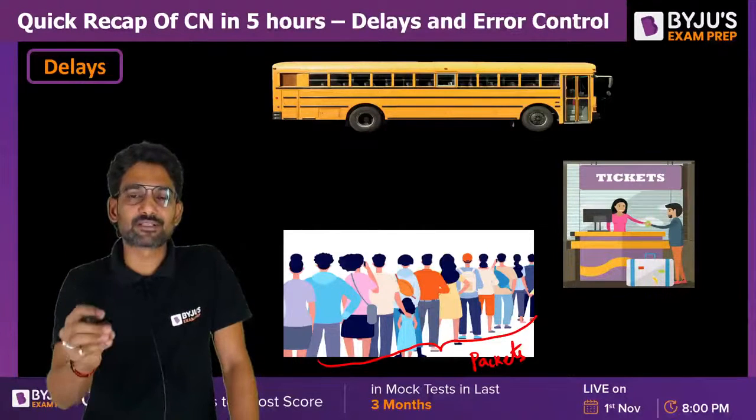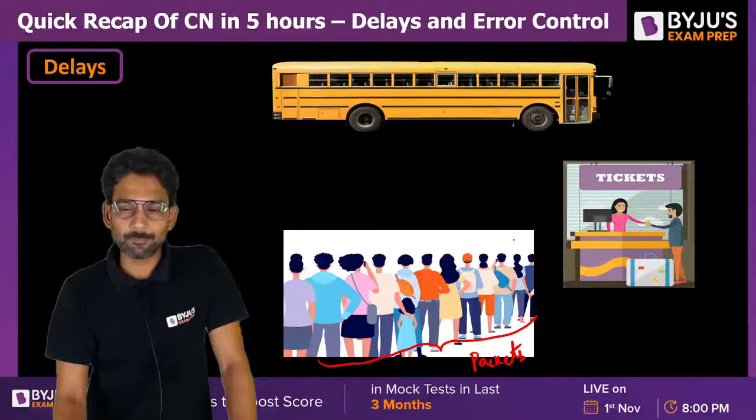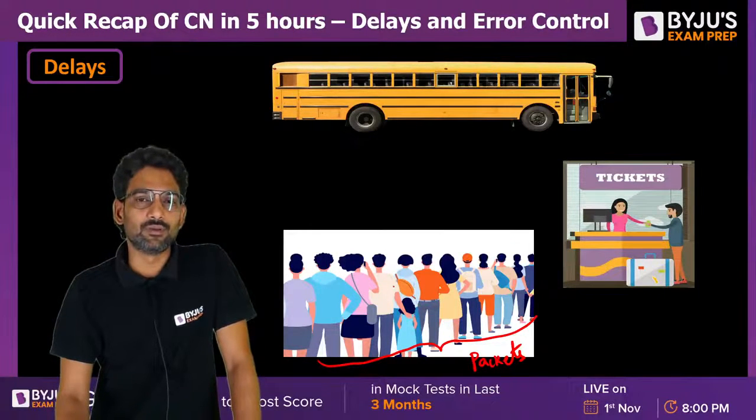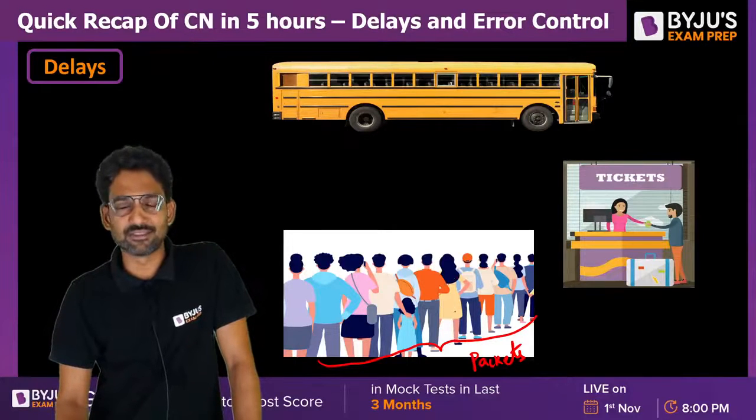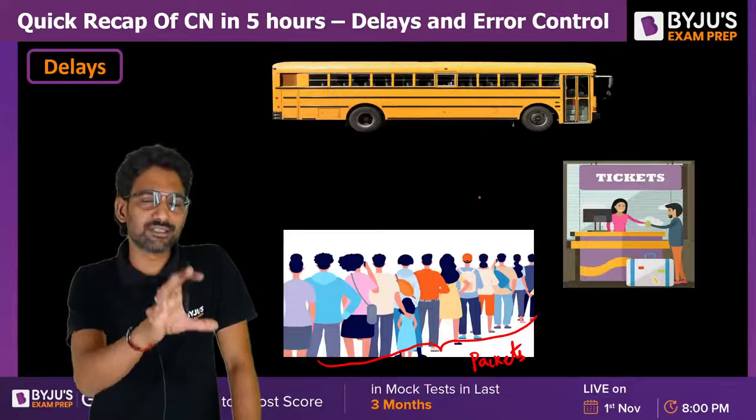So every person here, you assume as a packet. As you are not the only passenger to travel in this bus, definitely there could be some waiting time for you